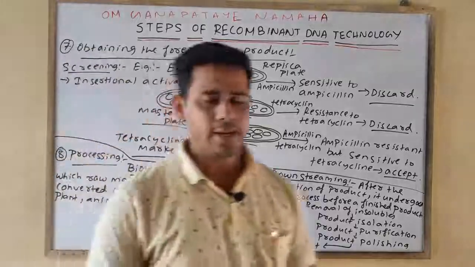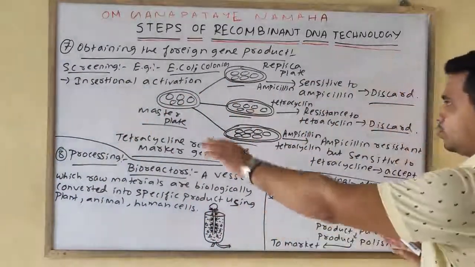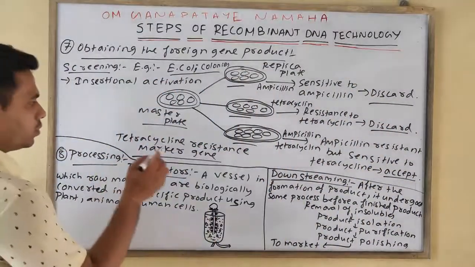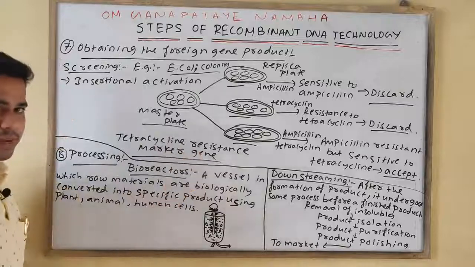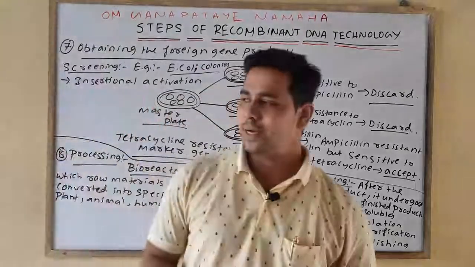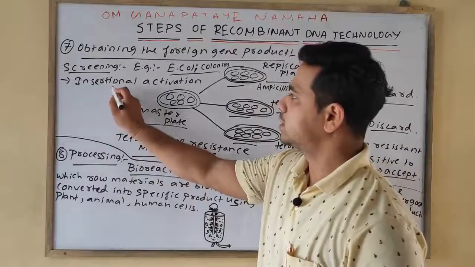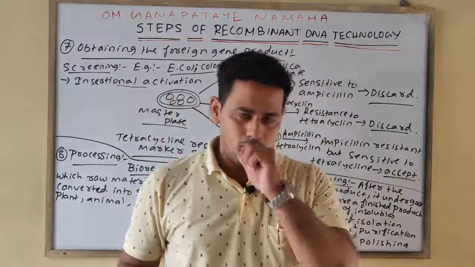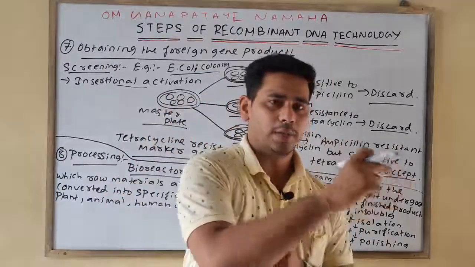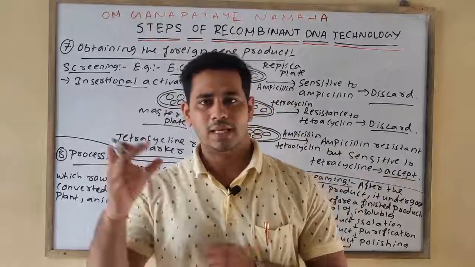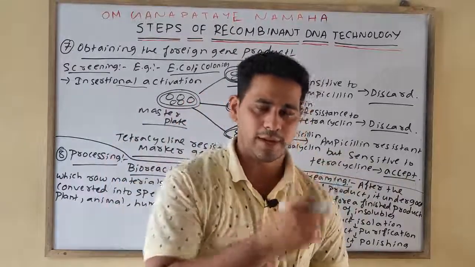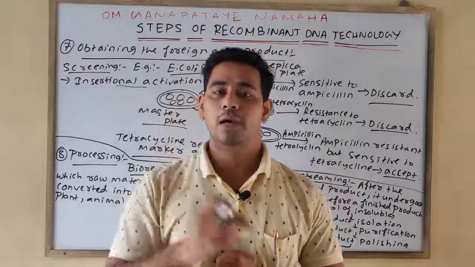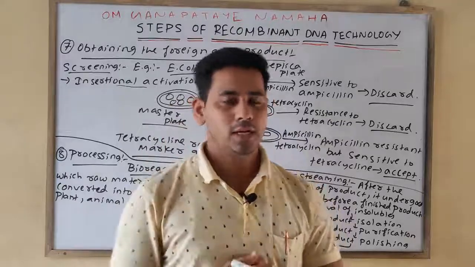So first we have to do the screening, to determine in which the recombinant DNA is present. Consider your first one, the tetracycline resistance marker gene. You might remember we used a term called insertional activation. If we introduce a restriction endonuclease in the ampicillin resistance marker gene and the desired gene is introduced in that area, then it becomes sensitive to the ampicillin, or the tetracycline.